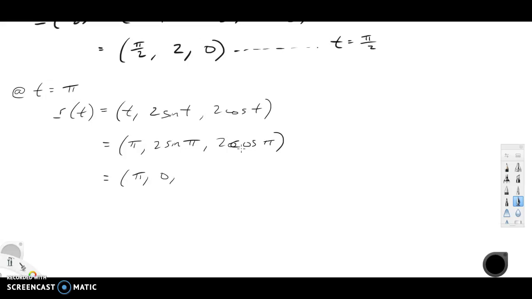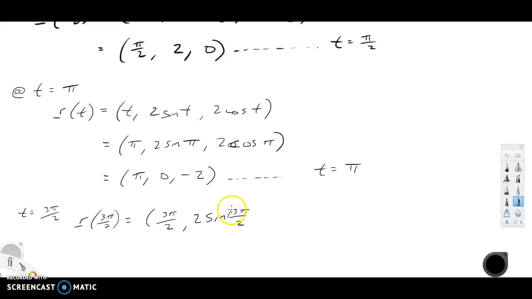Just confirm it there. It was minus 1. So 2 times minus 1 gives us minus 2 on our z, right? So this is time equals pi. Next up then we have t equals 3 pi over 2. Where's our particle going to be? It's going to be 3 pi over 2 on the x axis, 2 times sine 3 pi over 2 on